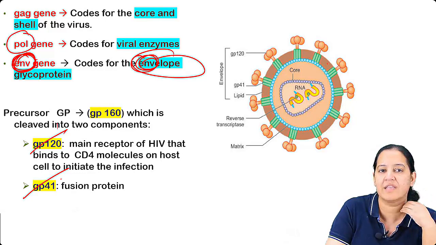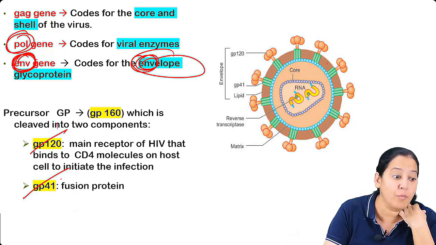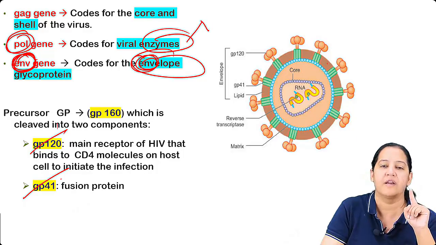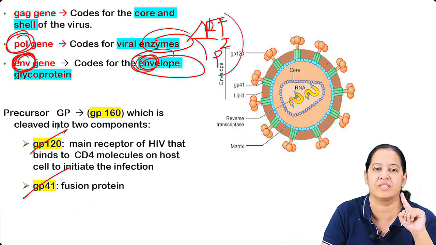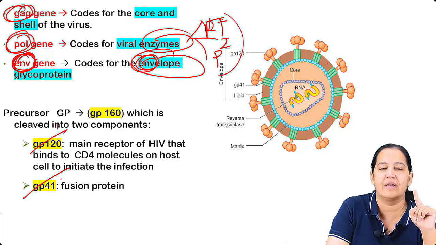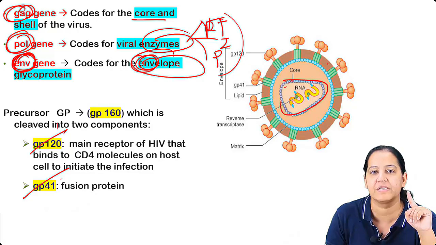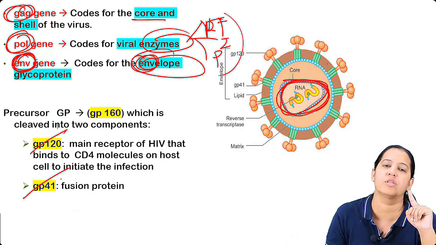Pol से मुझे याद आता है polymerase. Pol मतलब polymerase. Polymerase is an enzyme. So it is making all 3 enzymes. Reverse transcriptase, integrase and protease. All the 3 enzymes. Pol and GAG. GAG से याद आता है core, the capsid. ये जो capsid दिख रहा है ना तुम्हें? The capsid, the core. The shell and the core is formed by the GAG.